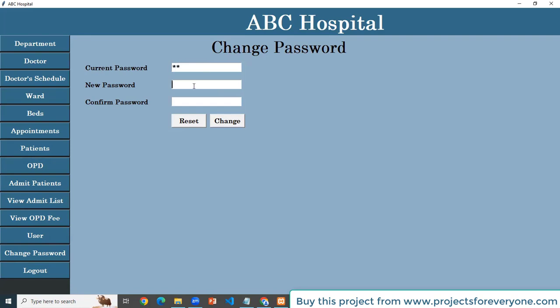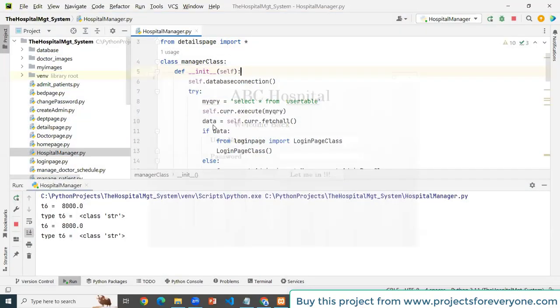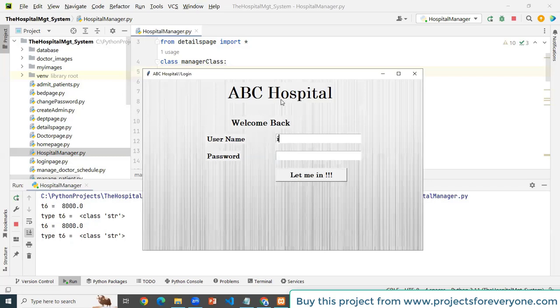We can change the password for the current user also. We can log out from this option.